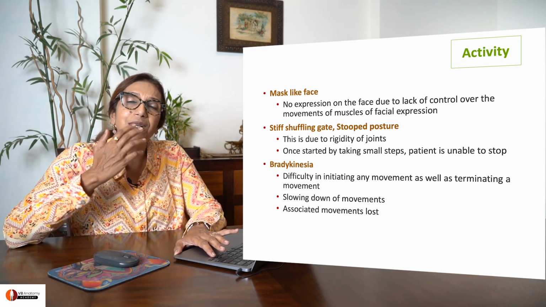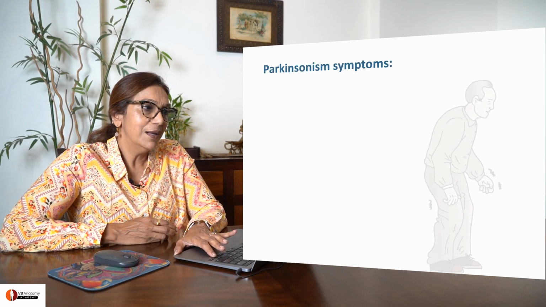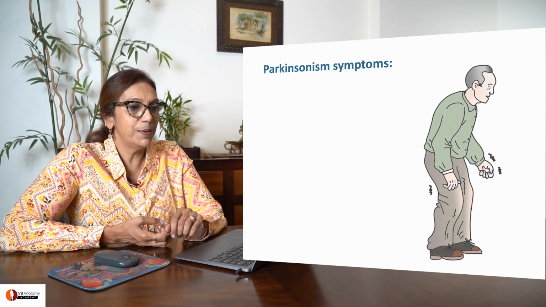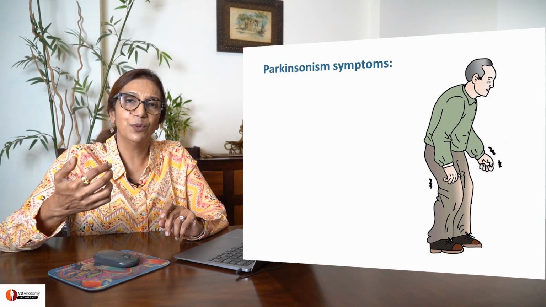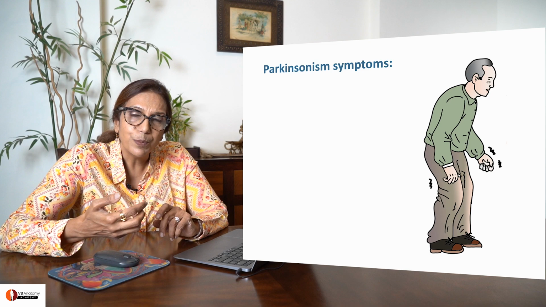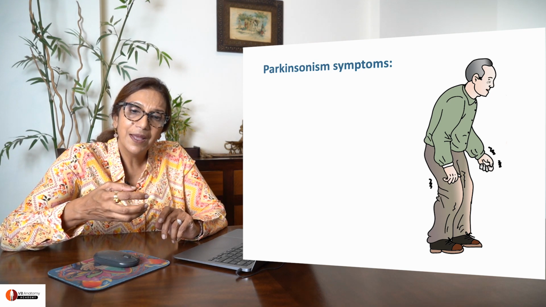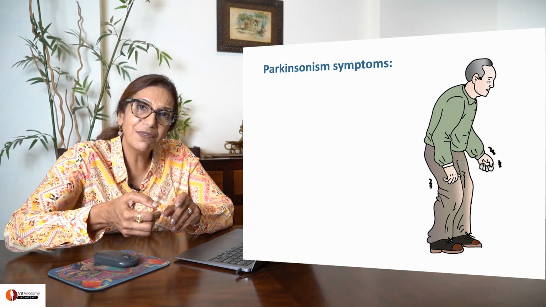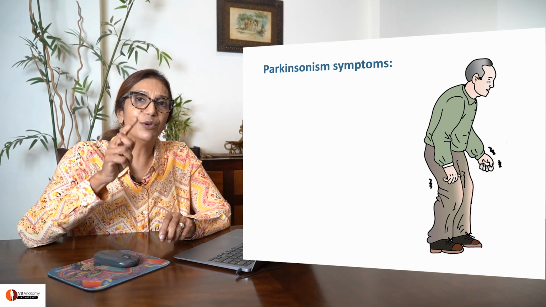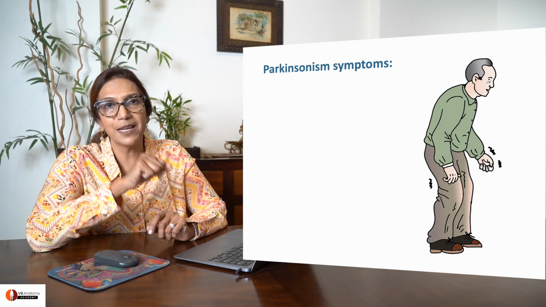Now, have you got a general idea of all the symptoms I told you, what they mean? My way of doing this would be to practice this. Stand up, stoop a little bit. Get your hand to tremor. Have a pill rolling movement going on. Begin to do this slow shuffling kind of gait forward. If you do this once, you're never going to forget what are the symptoms of Parkinsonism.